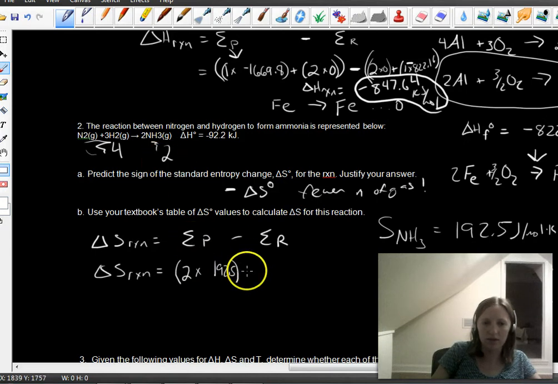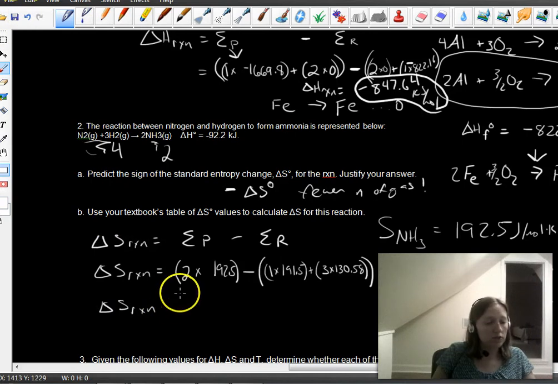So that's all of our products, minus all of our reactants, which is 1 times 191.5 for nitrogen, and 3 times 130.58 for hydrogen. Okay, so that gives us delta S of the reaction to be 2 times 192.5 for our products' entropy, minus the reactants' entropy, which is 191.5 plus 3 times 130.58,